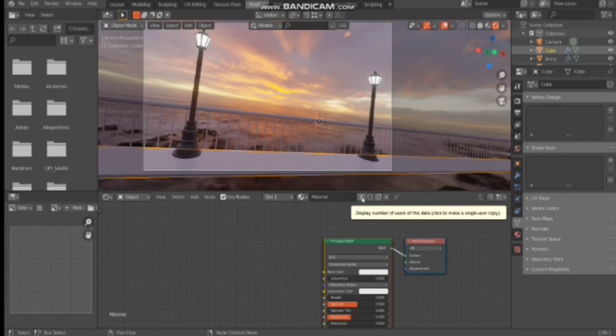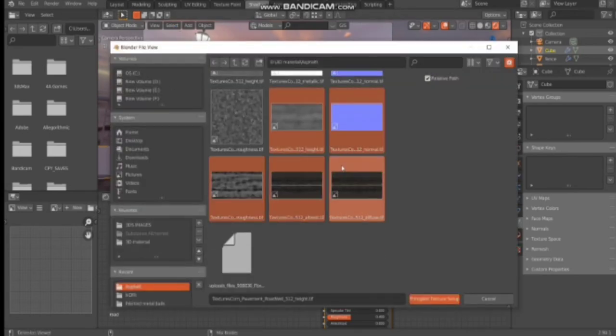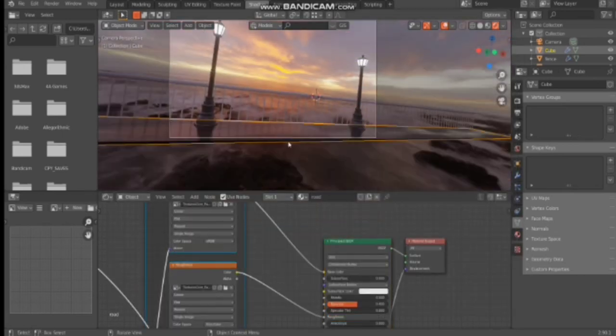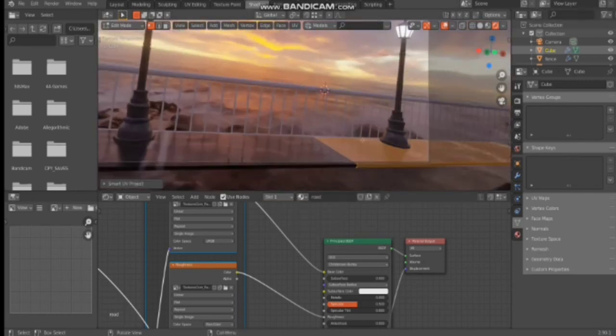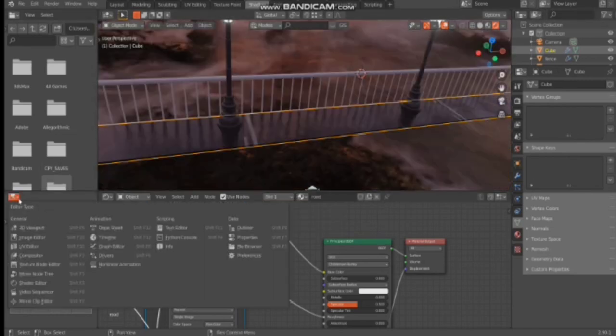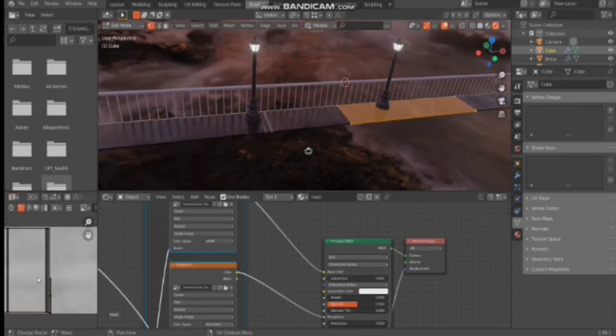Now click on the default cube because we are going to add our road material. You can name it as anything you want. Then click on the Principled BSDF and Ctrl Shift T to bring the file view and select the material that you want to apply. Then you can see that the material is not properly aligned, so we are going to unwrap it. So Smart UV Project, and then we are going to the UV editor,